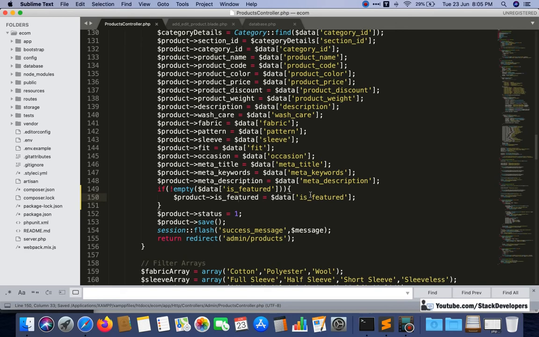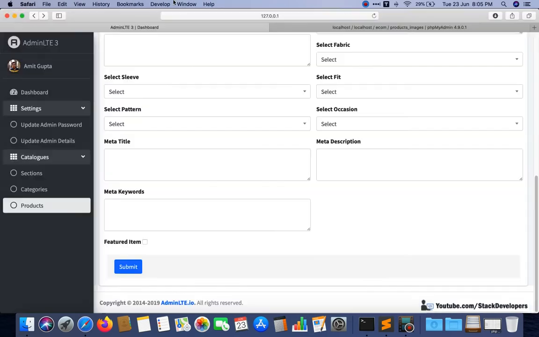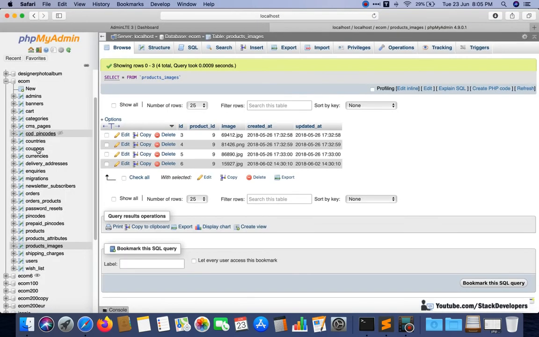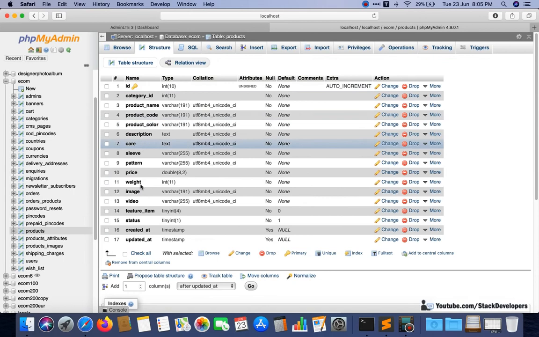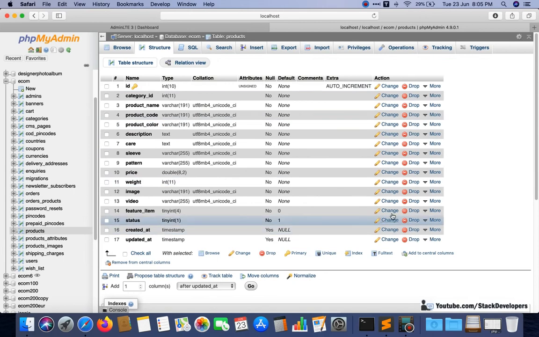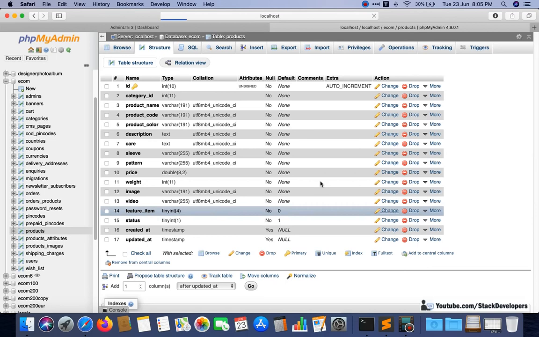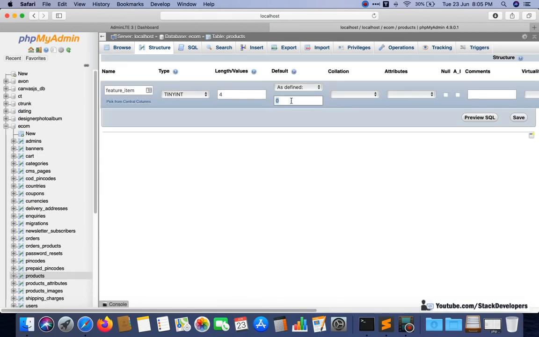We are going to save our value, means we are going to save yes in there. Okay, so if it is unchecked like this one, at that time what we will do, and for that I am going to update our products table here, and I am going to set the value. See, is featured here. I am going to change this one. Okay, is featured, I am going to set its default value. It's already set here. Its default value is 0, and that is fine.